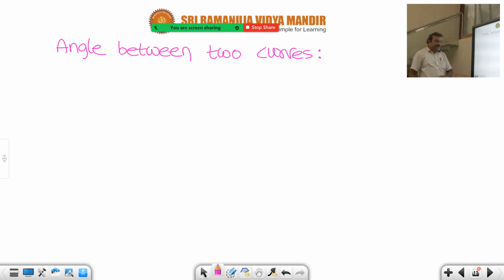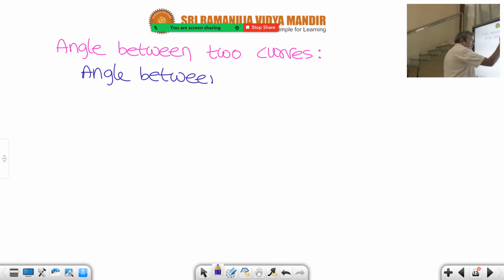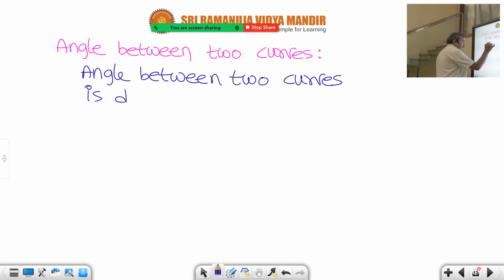Angle between two curves is defined as the angle between the two tangents